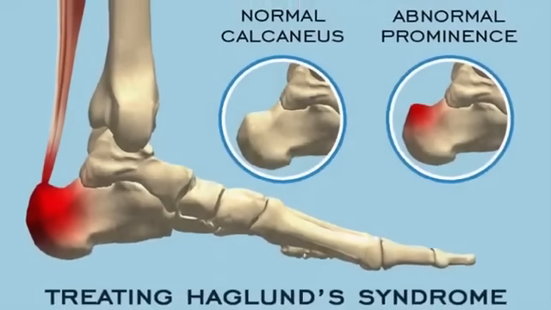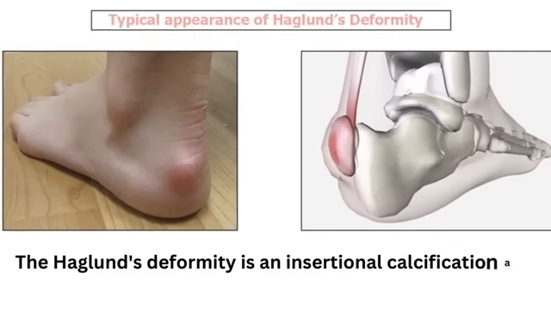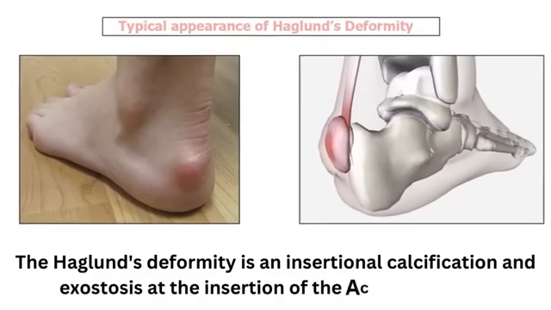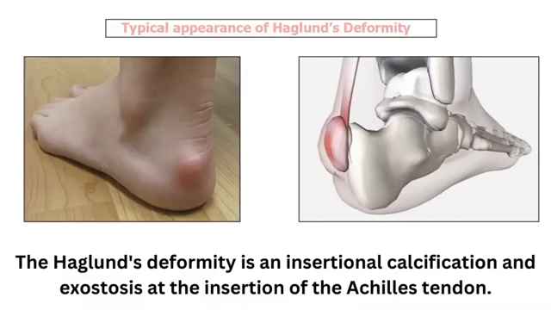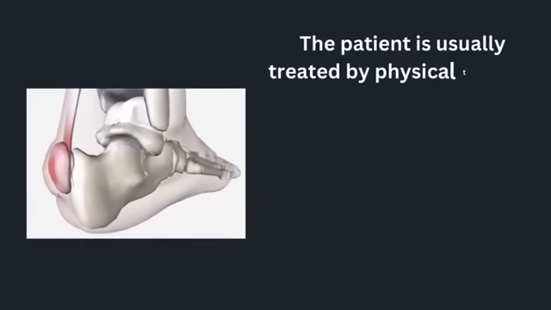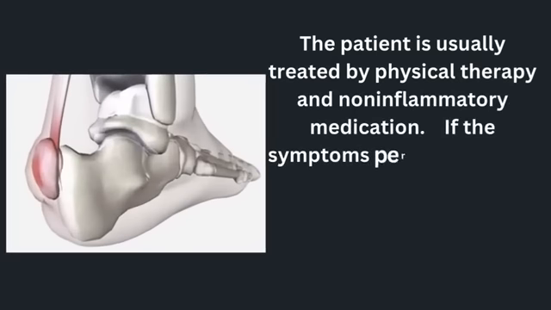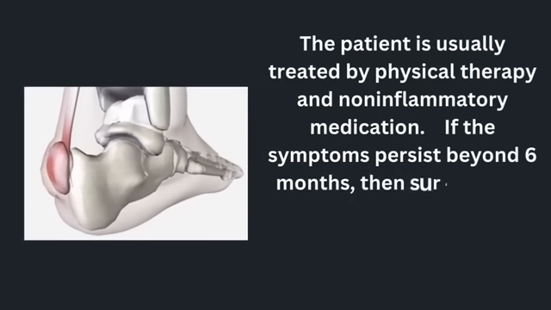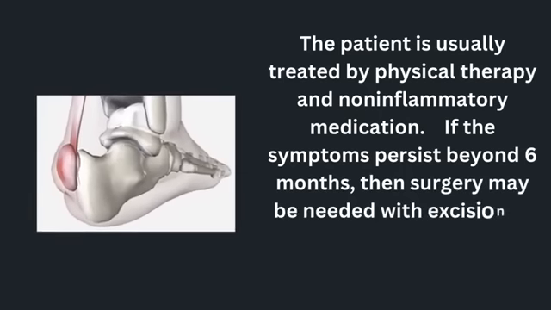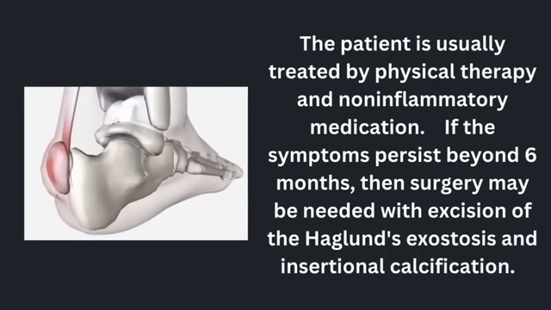Haglund's syndrome. The Haglund's deformity is an insertional calcification and exostosis at the insertion of the Achilles tendon. The patient is usually treated by physical therapy and anti-inflammatory medication. If the symptoms persist beyond 6 months, then surgery may be needed, with excision of the Haglund's exostosis and insertional